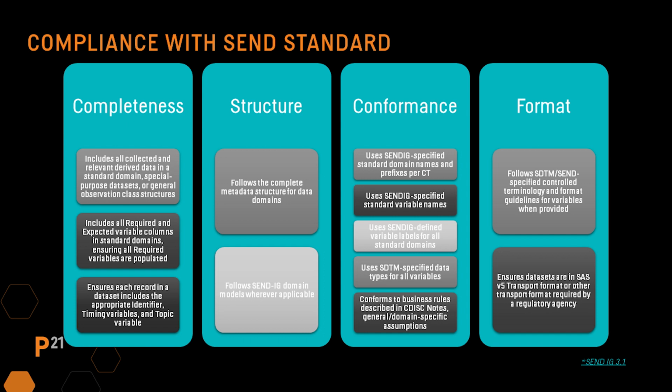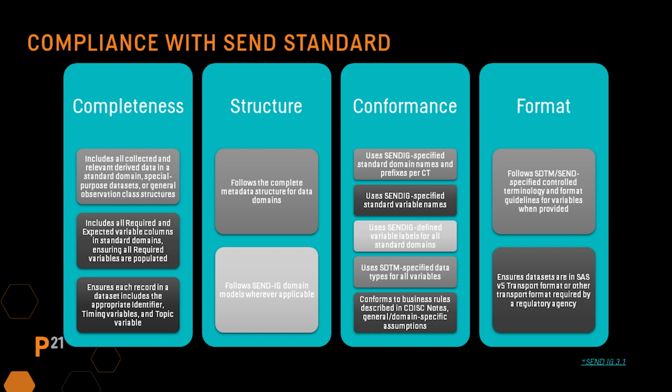To be complete, SEND datasets must include all collected and relevant derived data in the standard domain supported by SEND. The dataset should include all required and expected variables, and all required variables must be populated. In addition, each domain record should include appropriate identifier, timing, and topic variables. The structure of SEND dataset should follow the metadata structure defined for each domain and follow the models included in